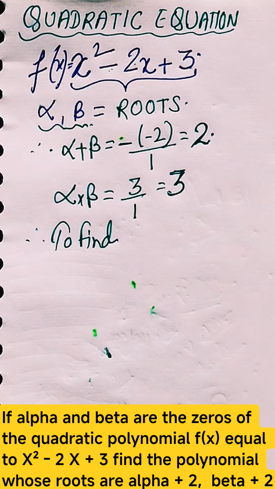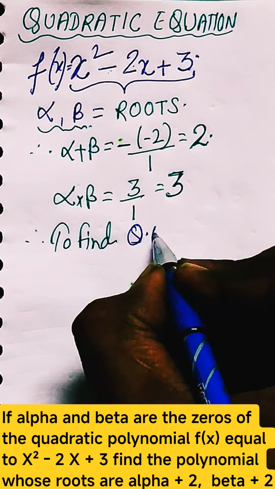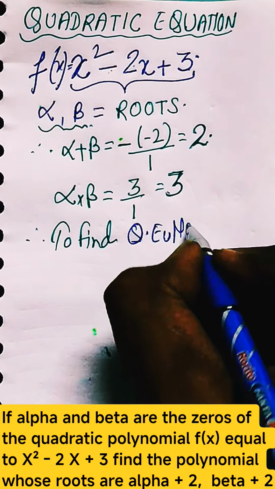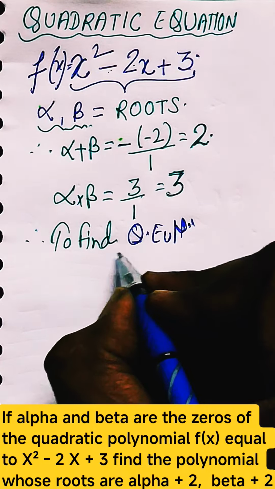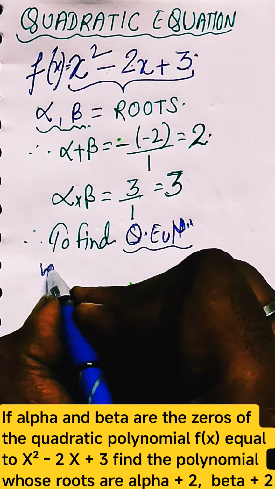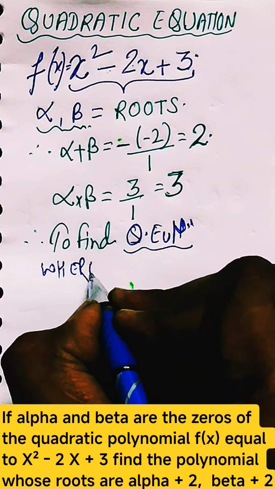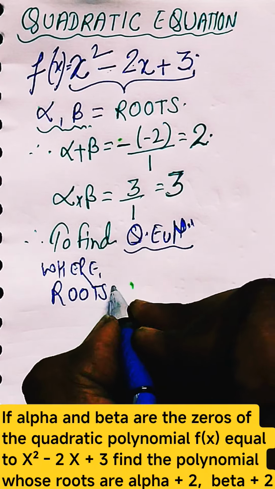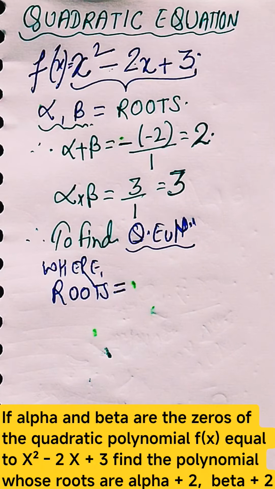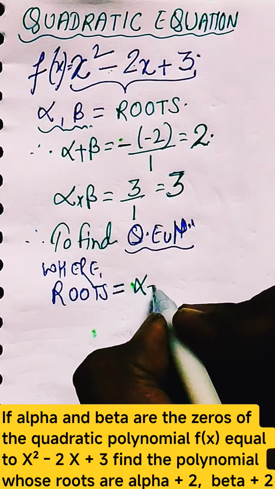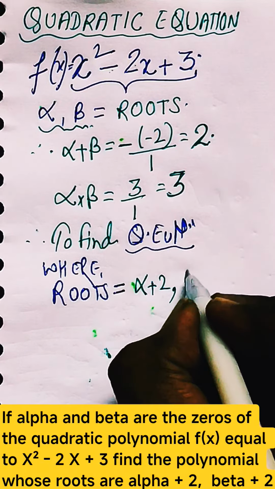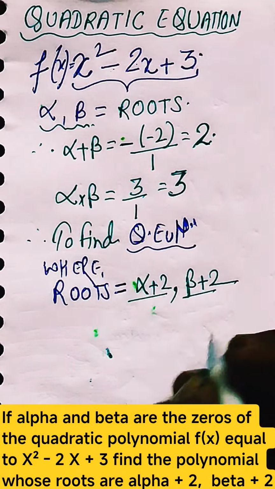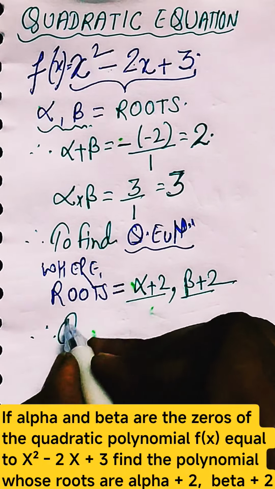Now we need to find a quadratic equation whose roots are alpha plus 2 and beta plus 2. So this is the question which we need to solve. It's mentioned that we need to find the quadratic equation whose roots are alpha plus 2 and beta plus 2. So let me write it over here, alpha plus 2 and beta plus 2. So we know that